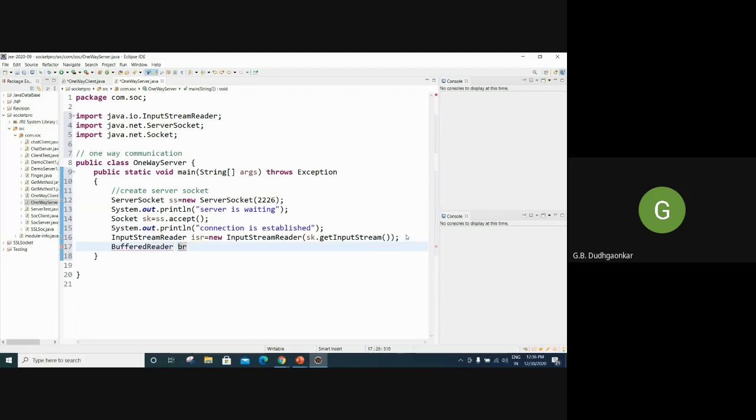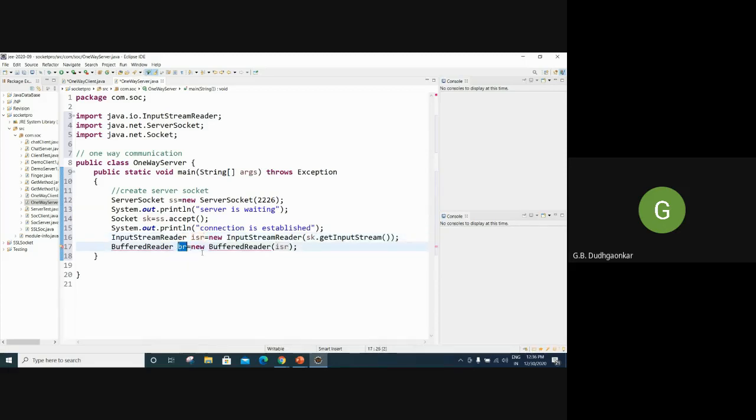Now I will read the content coming, because this is the stream we are going to connect. That will be enabled, so that any message coming from the client can be stored. To store this incoming message within the server, we require one more object.